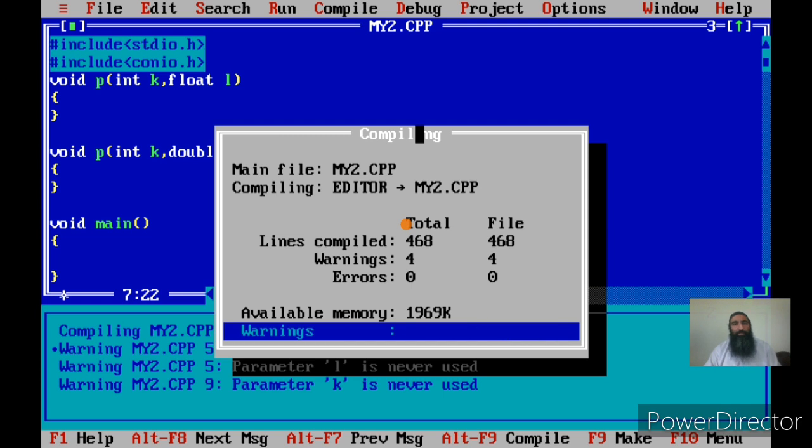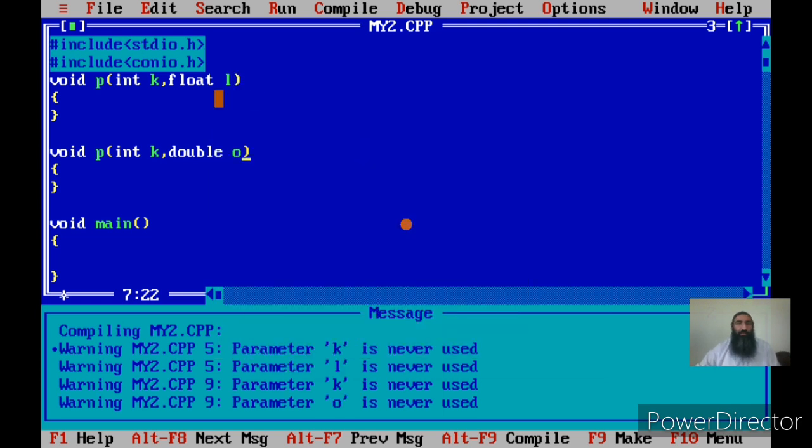Why is this acceptable? The number of arguments was the same, but the type of the second argument was different. Now suppose the first argument is again of type int, and the second argument is again of type float. Is this acceptable?